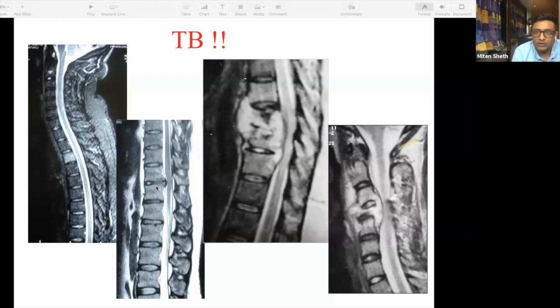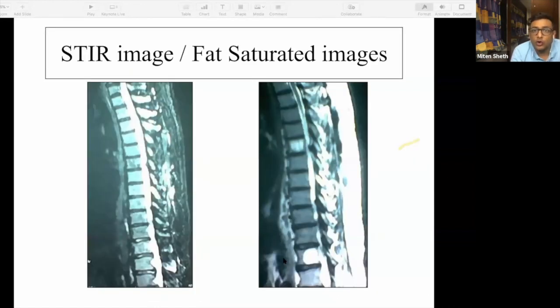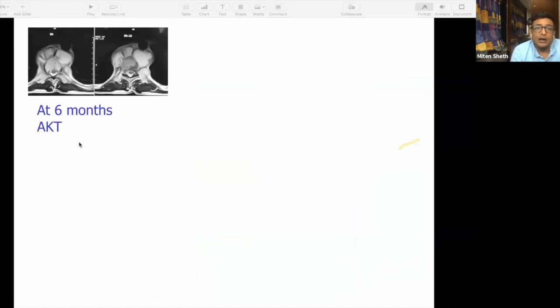So it's a spondylodiscitis that is presenting, which means it is involving the disc and the bones both. And somewhere you will see frank pus formation, which will look all white. So this is how TB is going to look. This is again an example of a T2 weighted image where you see a STIR image, you will see that the infected bodies are going to light up. In TB, this is what you will see: bone problem, disc problem, or disc and bone problem with pus formation.